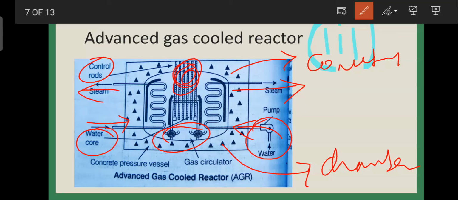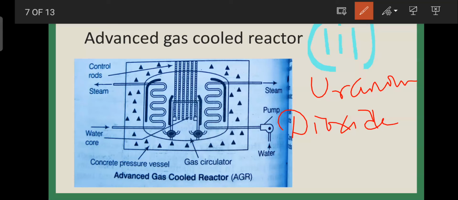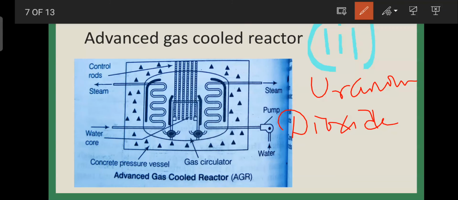So in this reactor, uranium dioxide is used as a fuel. Uranium dioxide, please write it on your paper so that you can be comfortable with that. Okay, so uranium dioxide is used as a fuel, and for cooling purposes, or coolant,